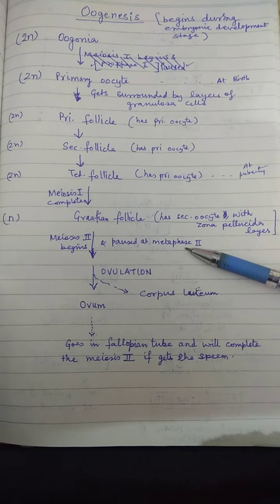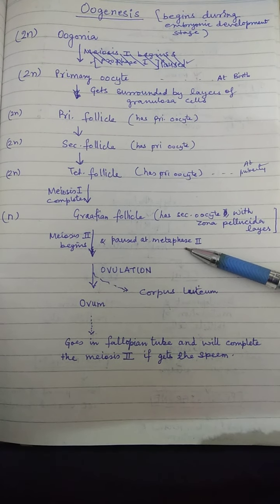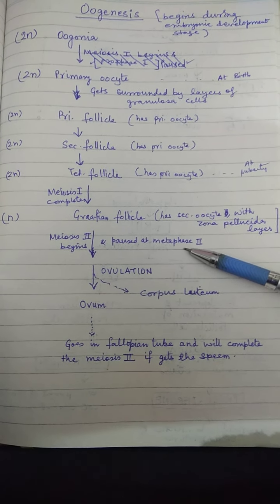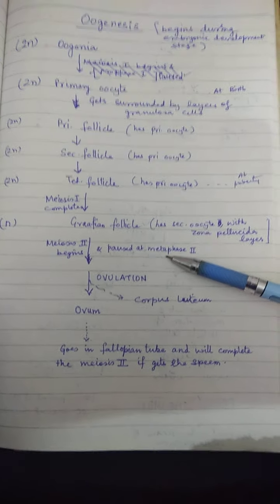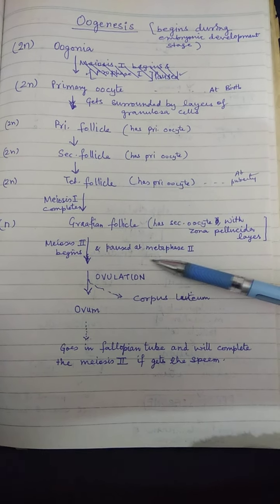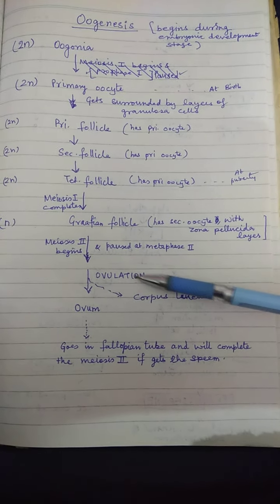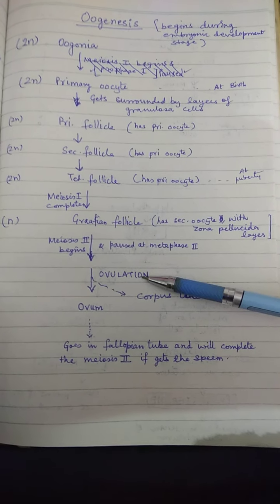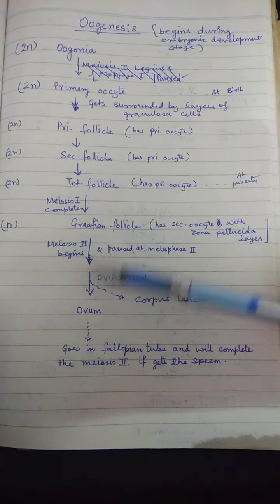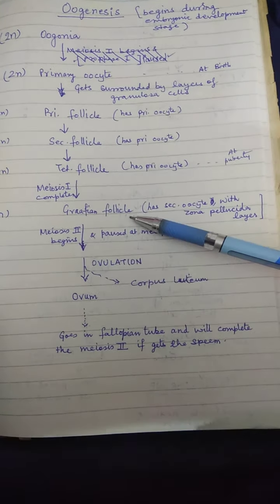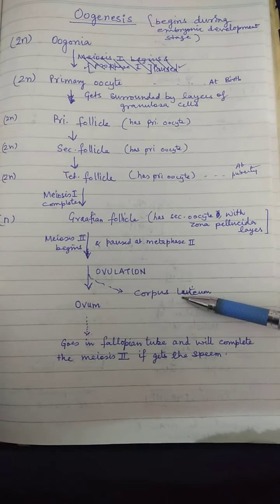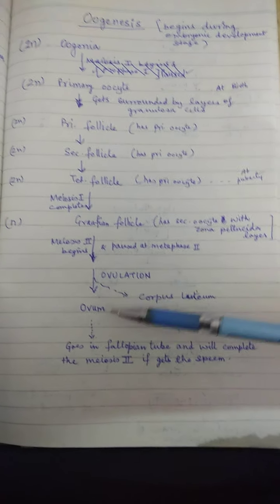It is paused at metaphase 2. At this stage, ovulation occurs, the process of releasing of ovum. So ovum is released and the outer structure, graafian follicle, is now known as corpus luteum. This ovum